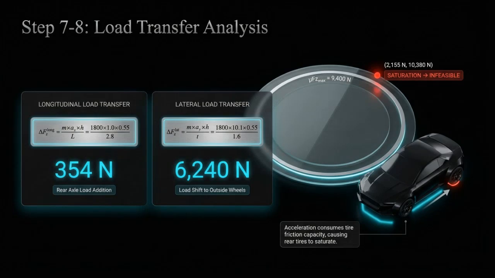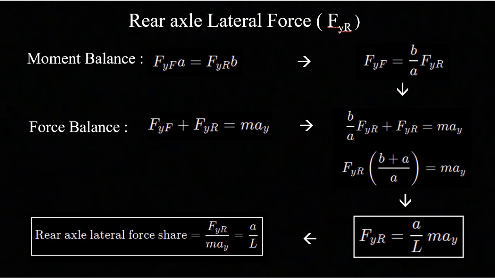We have now understood how acceleration redistributes tire loading, both longitudinally and laterally. Longitudinal acceleration shifts load between the front and rear axles, while lateral acceleration during cornering transfers load between the left and right tires. Together, these effects determine how much grip each tire can generate and directly control traction, stability, and steering response. The rear axle lateral force, called FYR, is obtained from the lateral force balance and lateral moment balance